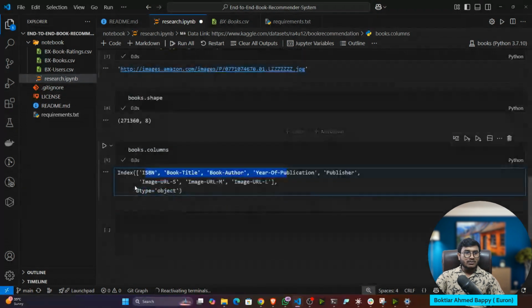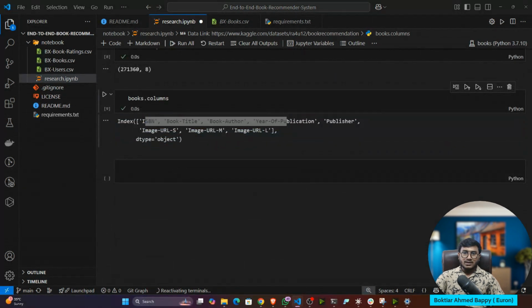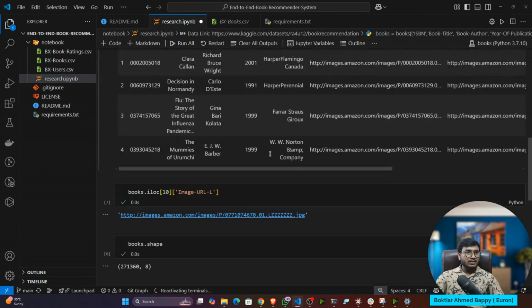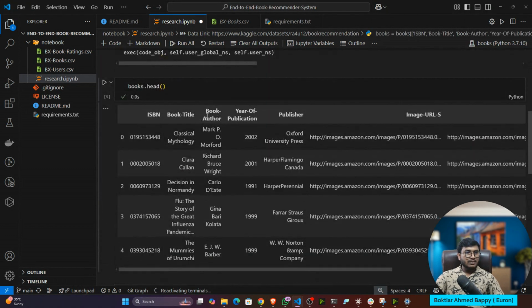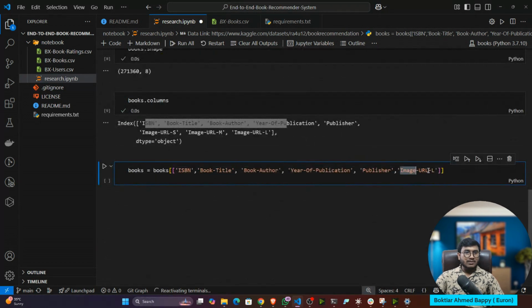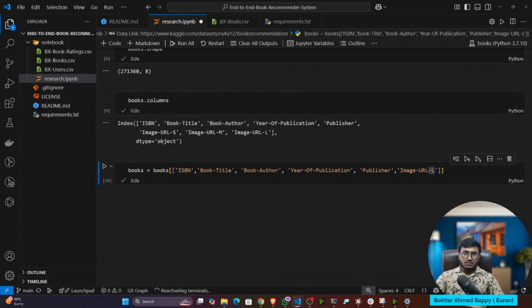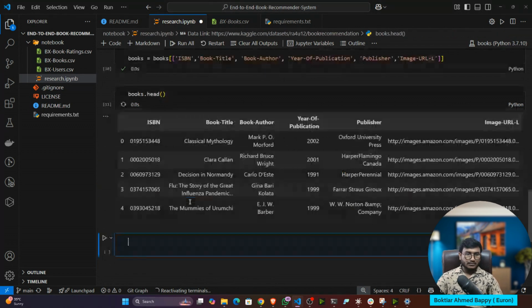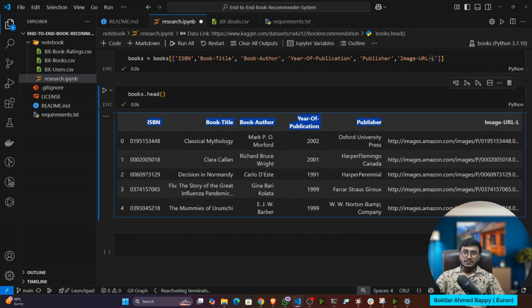So here I'll only select these columns: ISBN number, book title, book author, year of publication, publisher, and image URL large. Not the small and medium. Now, if I show you my book.head, you'll see that instead of having the small and medium URL, now I only have the large URL.